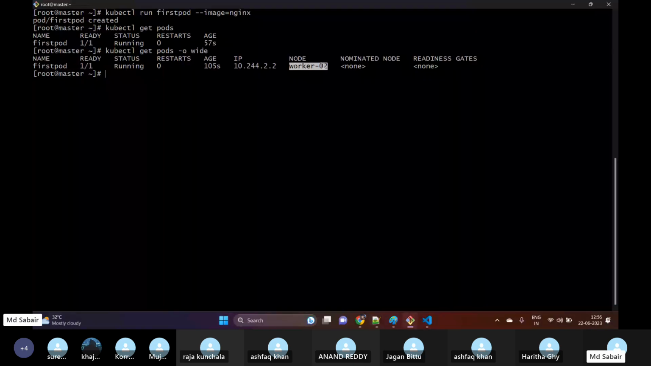And then here we can see some readiness gates and nominated node. We can ignore this for now. We'll talk about this at a later point of time. But as of now, if you want to get the complete detail, then we can use kubectl get pods -o wide. Okay,